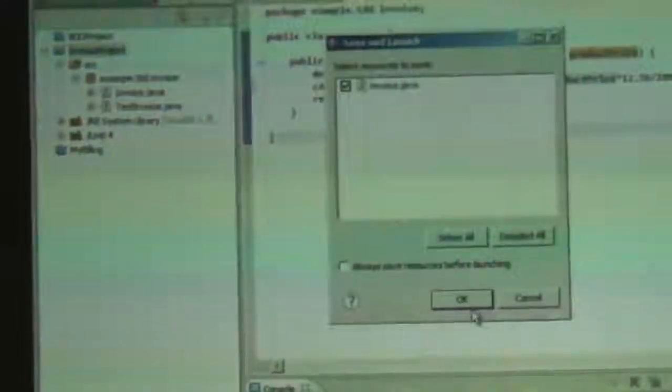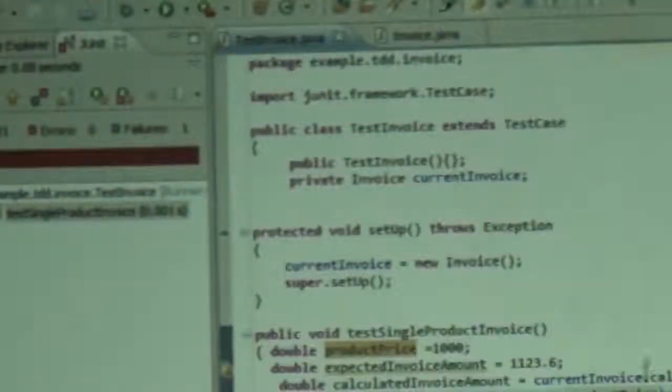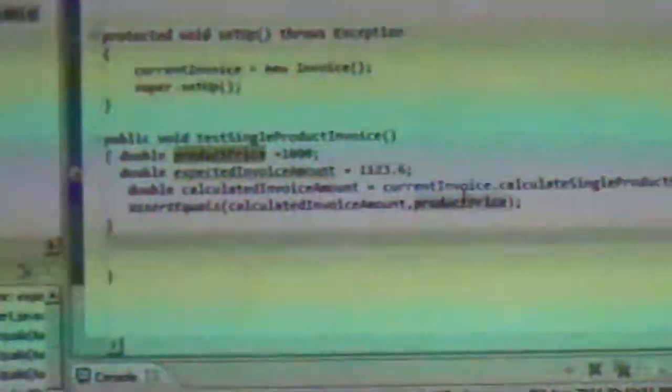So I add the product price. I hope this time it will pass. Oh, product price plus product price, then multiply by it. Otherwise, you have to take it in the bracket, product price. Failure trace. This will be a logical failure now. You should have expected the product price. Oh, yes. This is a good program.